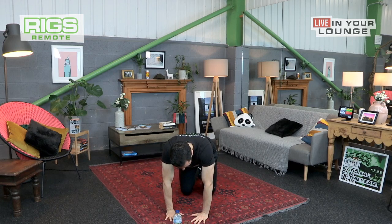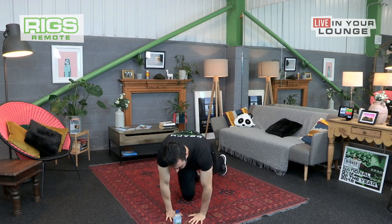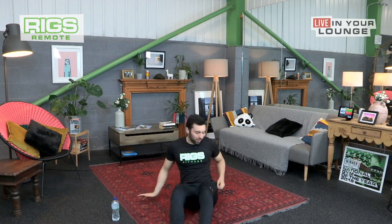So hands a couple of inches apart, arms nice and straight, and then we're looking to touch opposite shoulder with those hands, once again trying to minimize that rotation. That's our second exercise. For our third exercise, we're going to get into a dead bug progression where we spin